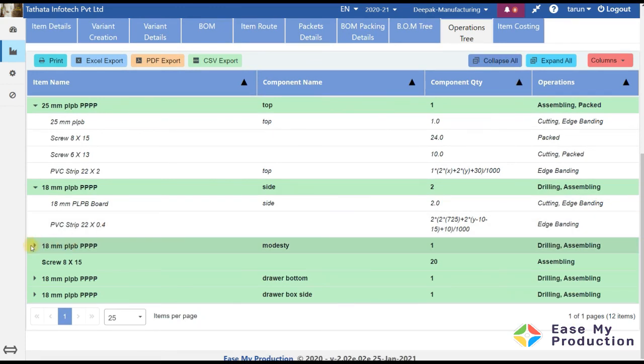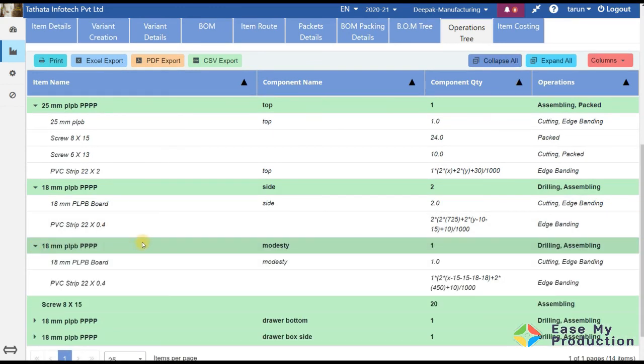So this makes the task really very easy, because you need to define operations only for the main item, and for the sub assemblies and its child items, they are automatically applied what has been defined in the sub assembly.